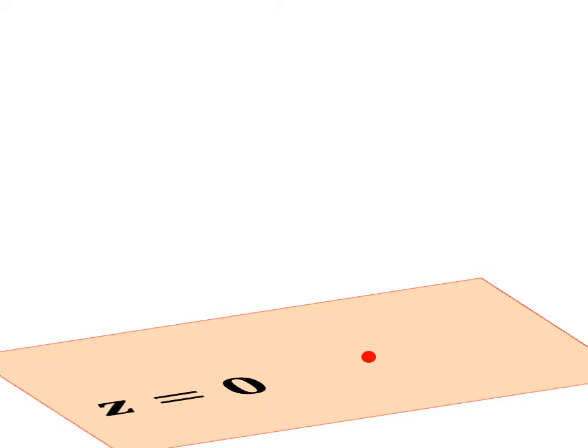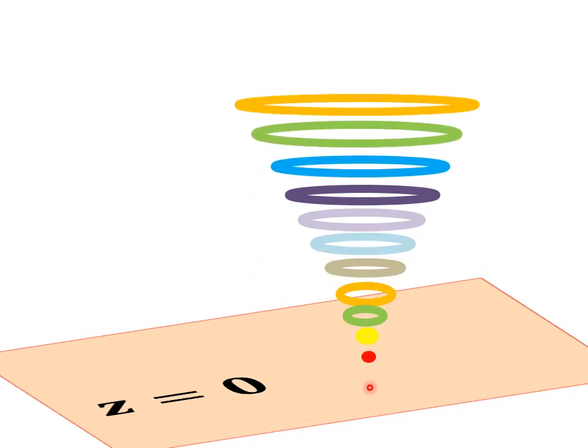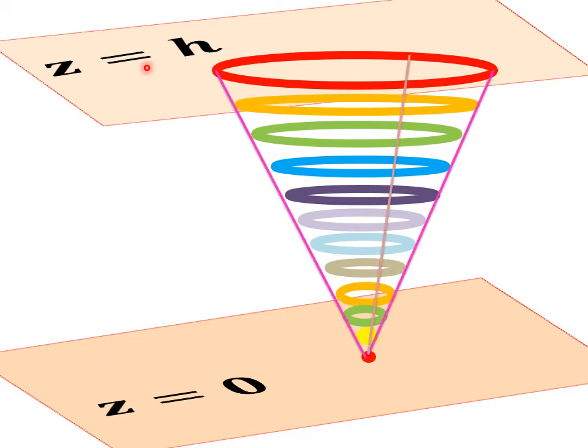Now we will see how to visualize the surface cone. Here we are stacking circles of the same center but different radii. Stacking one over another circular rings of the same center but different radii from z equal to 0, the xy plane, to z equal to h plane, and the second generating curve is a straight line. So we got the surface of the cone. Here the generating curves are circles and also a pair of straight lines.